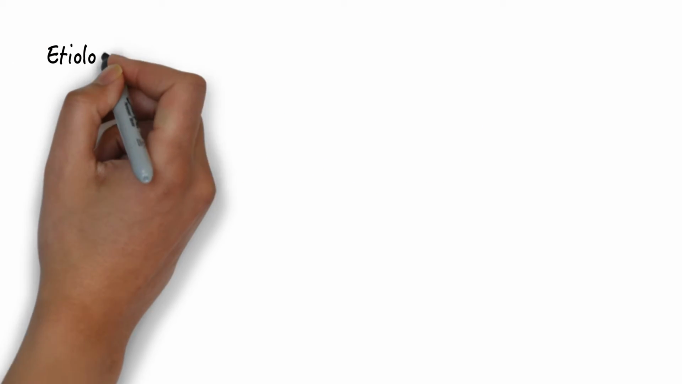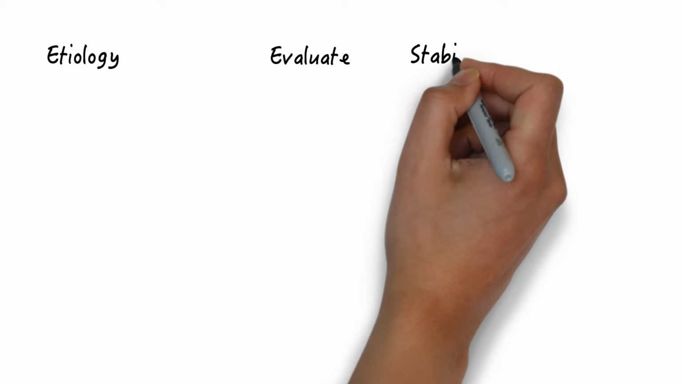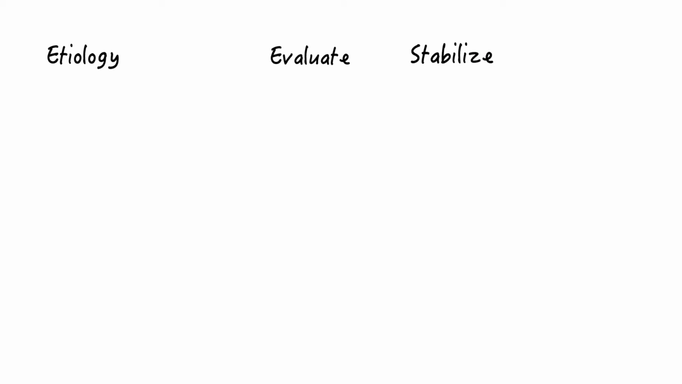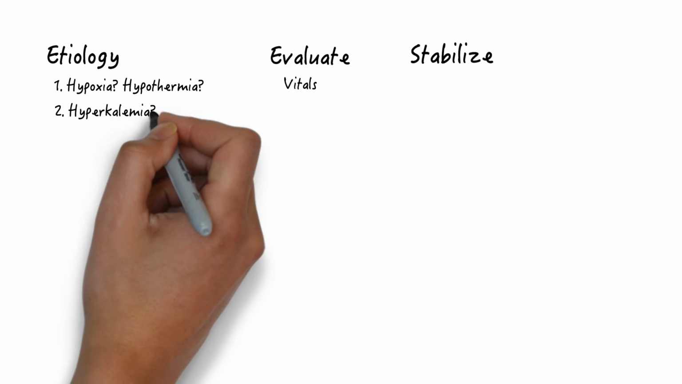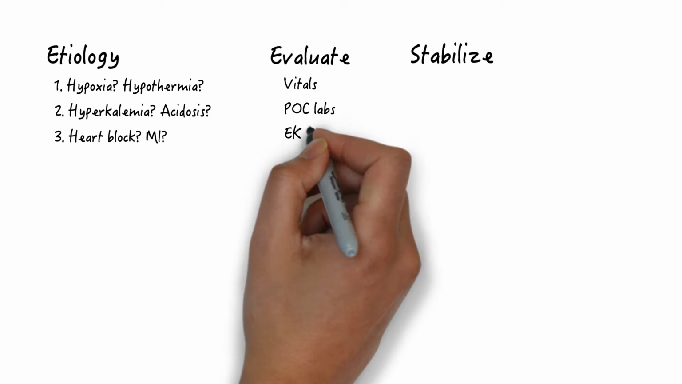The true resuscitationist has to think through etiologies, obtain a rapid evaluation, and apply empiric treatment for the unstable patient. The differential for bradycardia presenting from the outpatient setting is quite long. I break it down to the following: hypoxia and hypothermia, which you can rapidly detect by performing a full set of vitals; hyperkalemia, acidosis, which is also rapidly detectable through point-of-care labs; heart block and MI, which is usually pretty